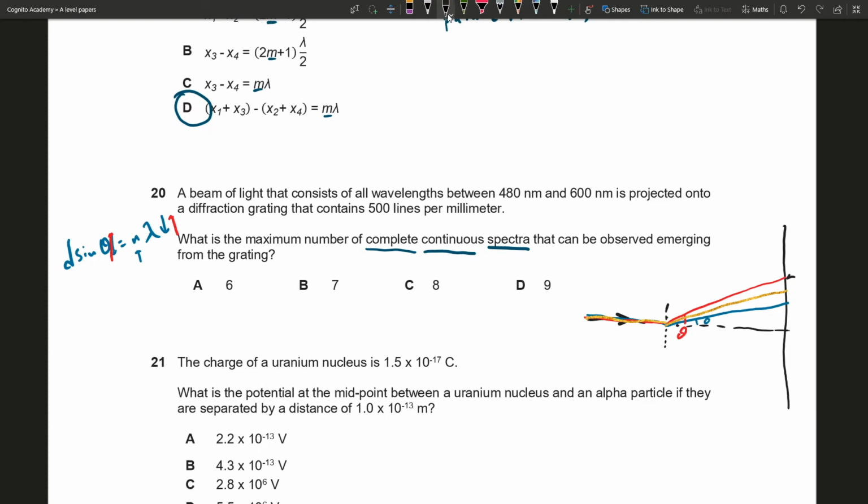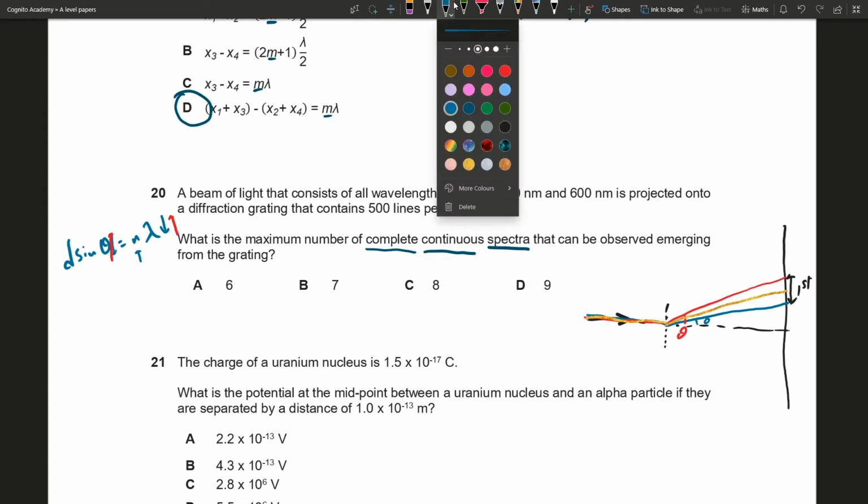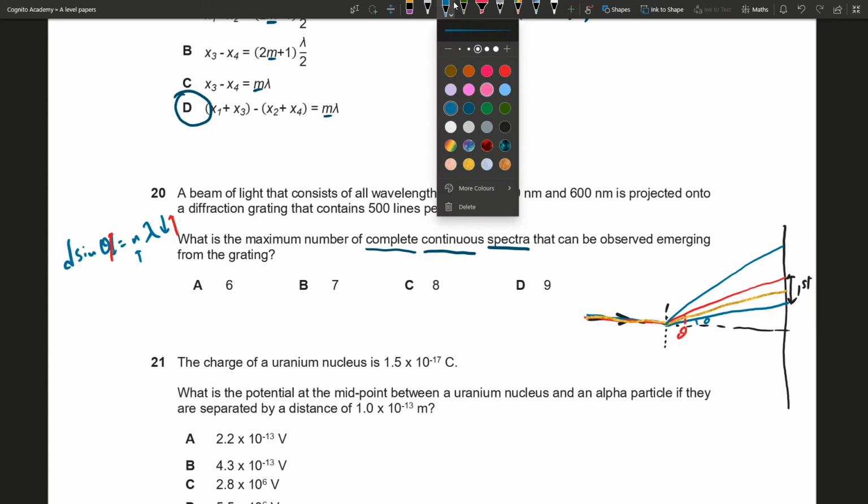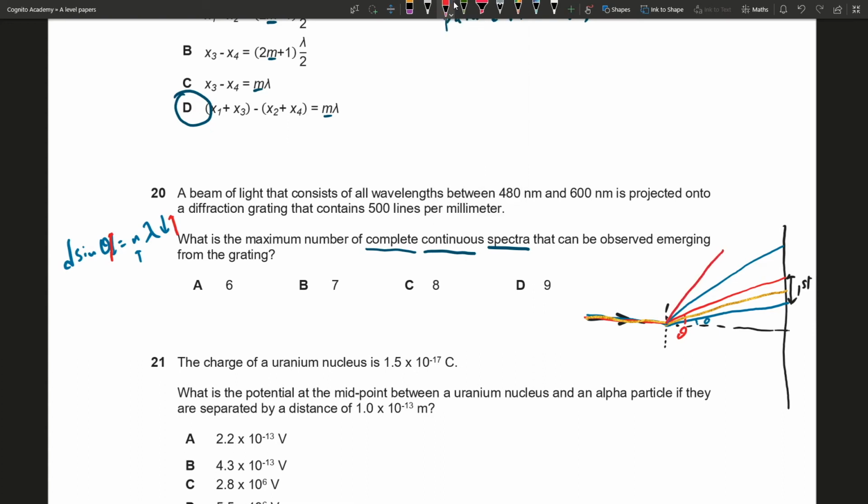Alright, so over here there will be a continuous spectrum on the first order, and similarly there will be a continuous spectrum somewhere that looks like this. And then we have our red. I wouldn't draw yellow anymore. For our second order,